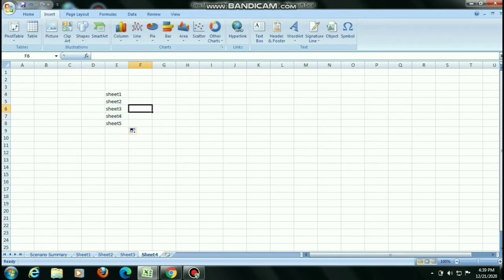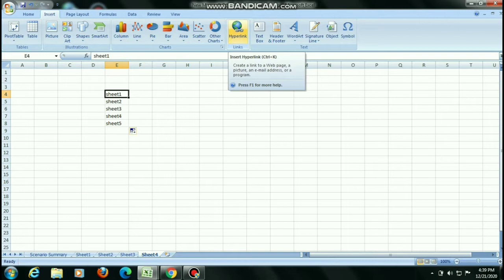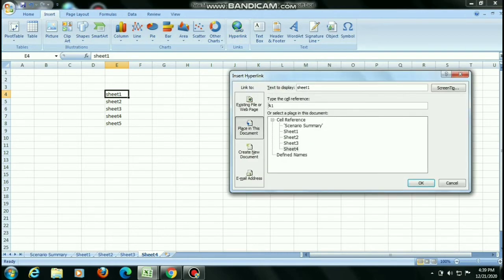Now how can we create a hyperlink? You will check here, the names are there. To create a hyperlink, you have three options. First option: you select this, I want to create the hyperlink of Sheet 1. You click on the Insert tab. Here you will check the Links group. Here is the Hyperlink option. So Insert tab, Links group, and here is Hyperlink. You select this one. When you click, one box appears.